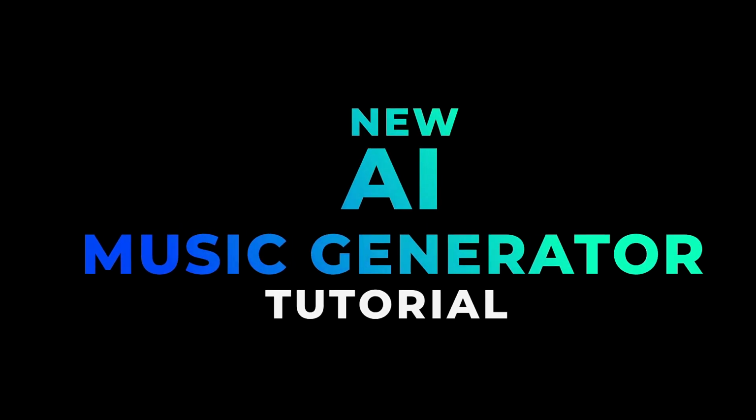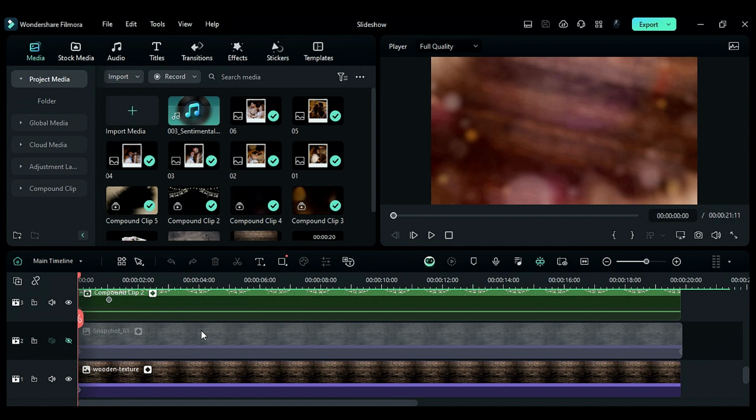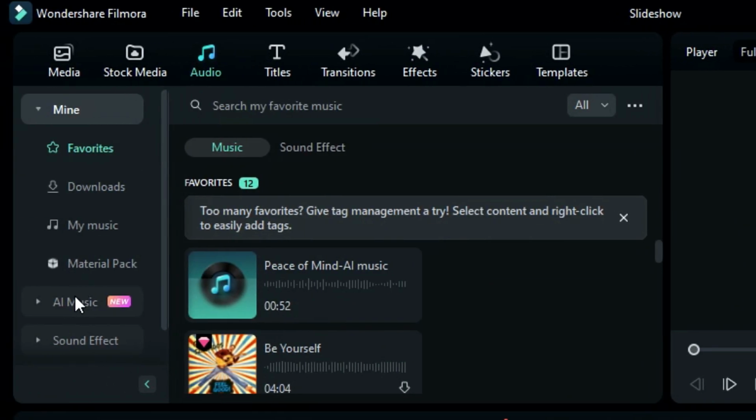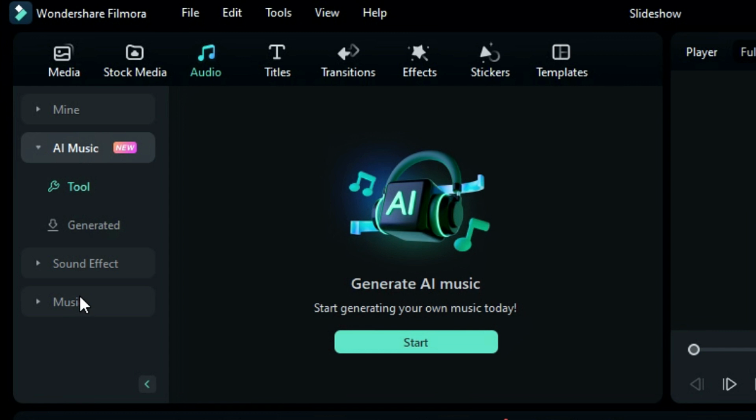Today in this video I am going to show you how to use the new AI music generator to generate AI music for your Valentine's Day video. First go to the audio, then click on AI music, then click on start and another screen will pop up